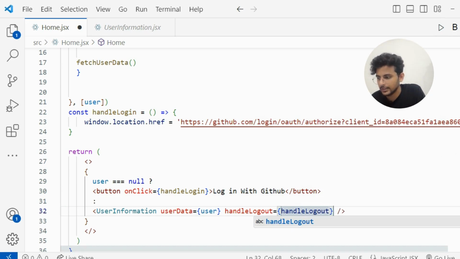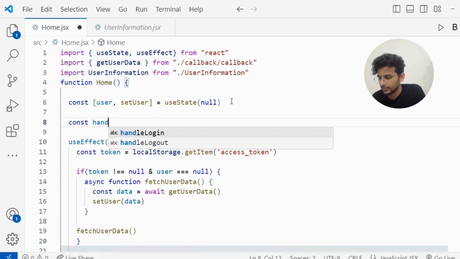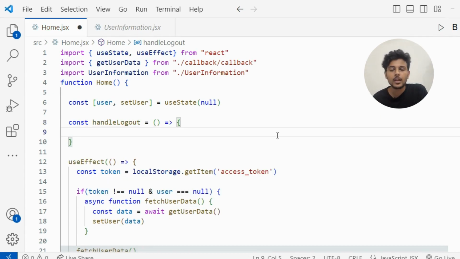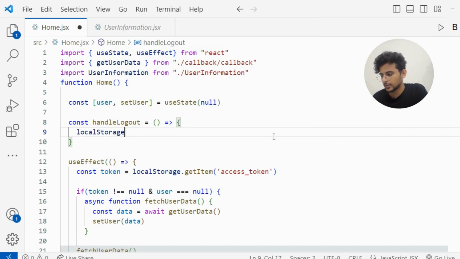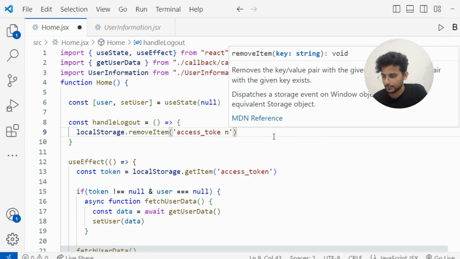Now let's create this handleLogout function. All we are doing is clearing the access token. So window.localStorage.removeItem. We can pass the name of the item, access token.